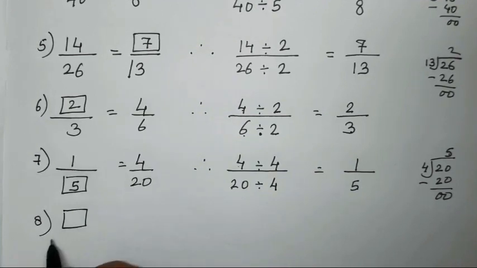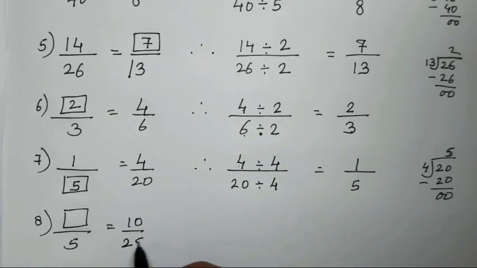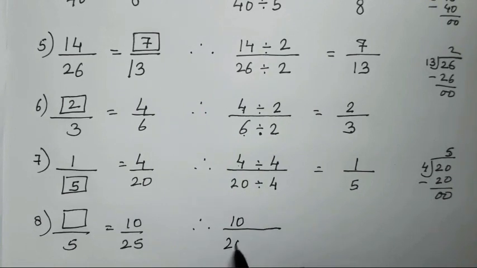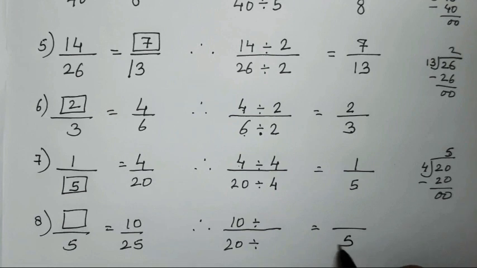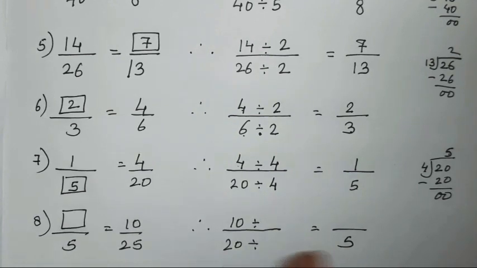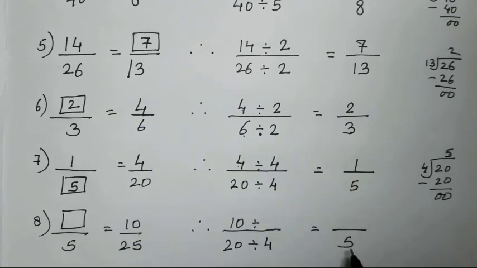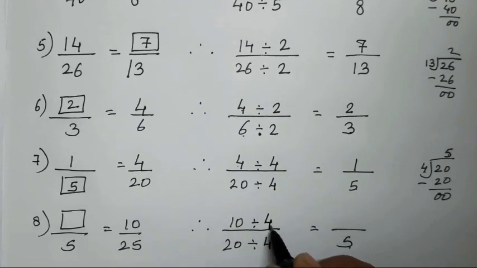This box you have to find. 5 is over here. 10 and 25. Again a bigger number, and smaller you have to find. So the given fraction we have to divide to get the answer. Now 5 is been given. What number can we divide by in order to get the answer 5? 5 4s are 20. Okay, 4 5s are 20. So that means we have to divide 4 over here